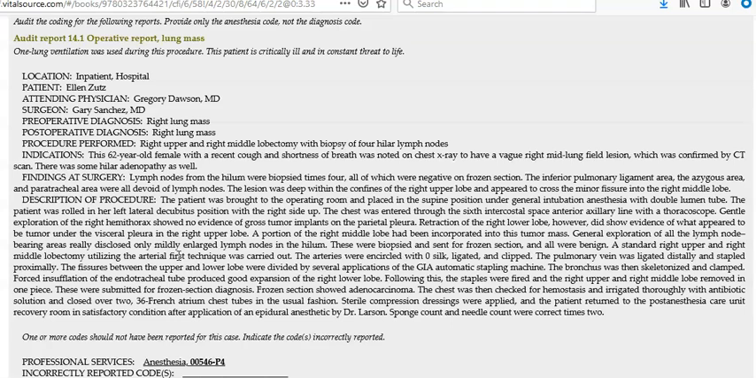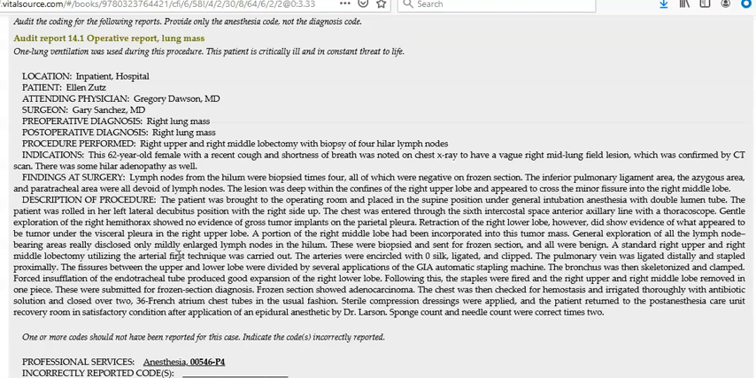So what we need to know, remember when we're coding anesthesia, is the procedure performed and then the physical status modifier and if a qualifying circumstance modifier is applicable. So in this case, our procedure performed is a right upper and right middle lobectomy with biopsy of 4 hilar lymph nodes. So our indications are 62-year-old female with a recent cough and shortness of breath, was noted on chest x-ray to have a vague right middle lung filled lesion, which was confirmed by CT, and there was some hilar